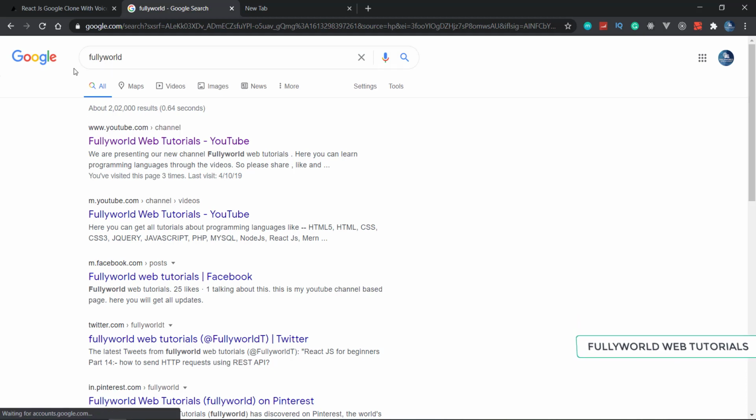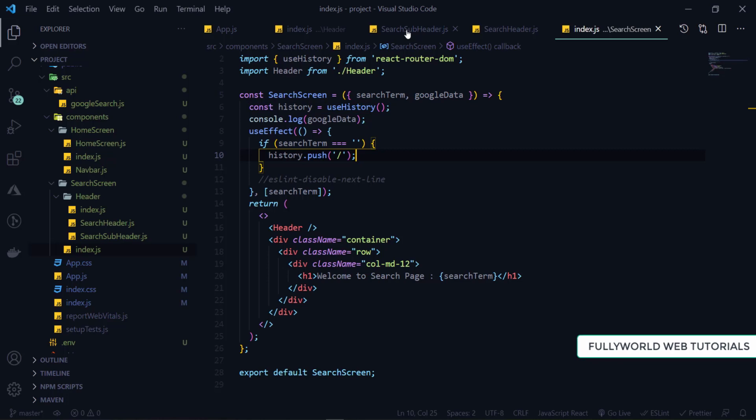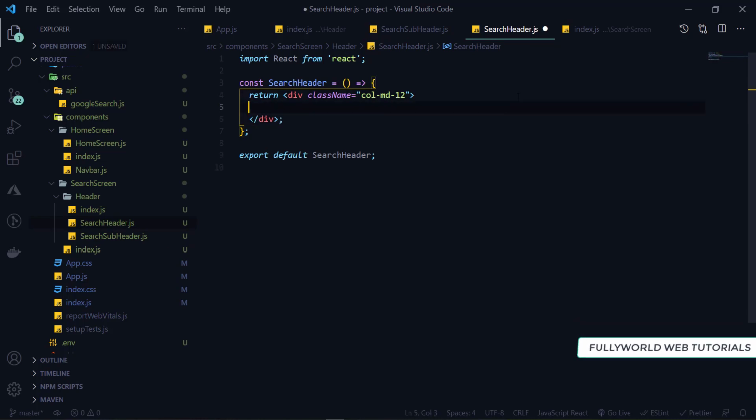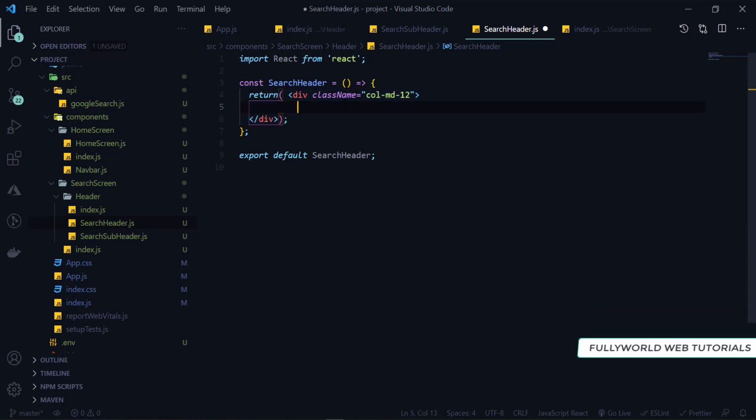So here just go to VS Code, and then we are going to search header. We are not working with the search subheader yet. So here this col-md-12 is there. Now what we have to do: this will be like our navigation bar.